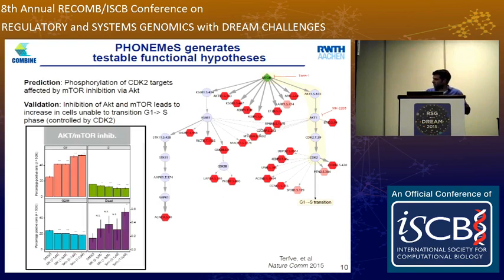So this is untreated cells. These are cells treated with 2 AKT inhibitors and 2 mTOR inhibitors. And as you can see, they get stuck in G1 phase, and they stay there, and they don't move on to the next phase of the cell cycle. So this is an example of how you can take these huge data sets and filter them through these kinase substrate networks and obtain fairly specific pathways and hypotheses, and then you can follow up experimentally.